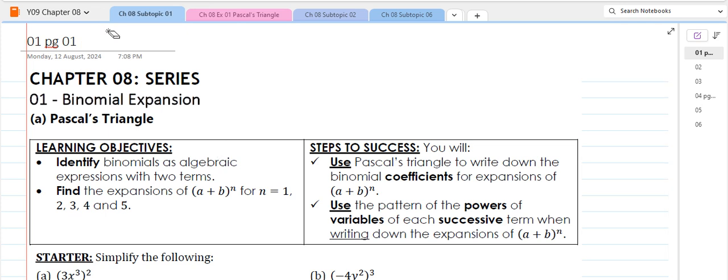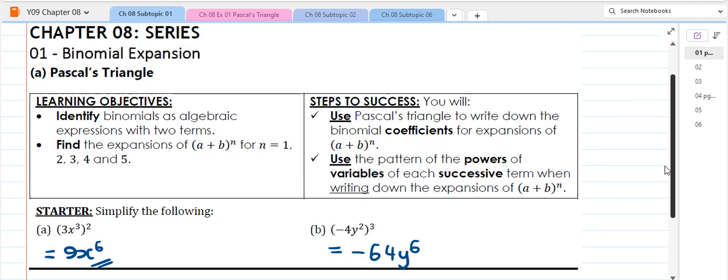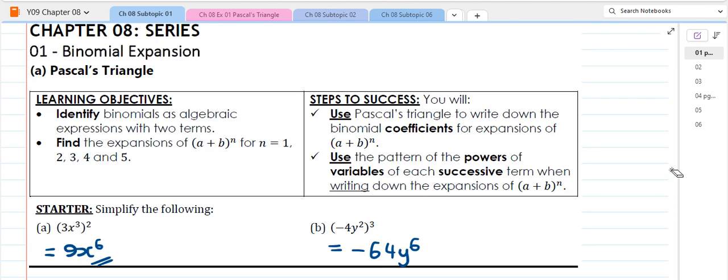So the first few subtopics are about binomial expansion, but the basics come from what we call Pascal's triangle. Pascal's triangle is related to the expansion of a plus b to the power of n, where n will be 1, 2, 3, 4, and 5. So the thing that you will do is write down the coefficients of expansions of this type of